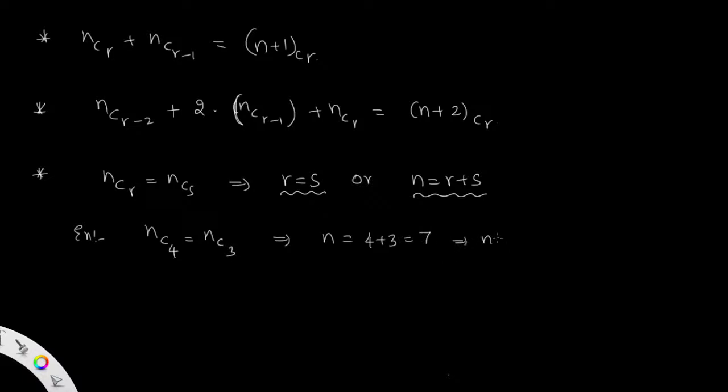So n equal to 7, the value of 7C4 is nothing but 7C3. nCr equal to nC(n minus r) only. From this formula you can apply this value. So then we get nC4 equal to nC3, then you get n equal to 7. The value substituted in 7C4 is nothing but 7C3. It is in the form of nCr equal to nC(n minus r). In the same way this value you can find. Next formula,